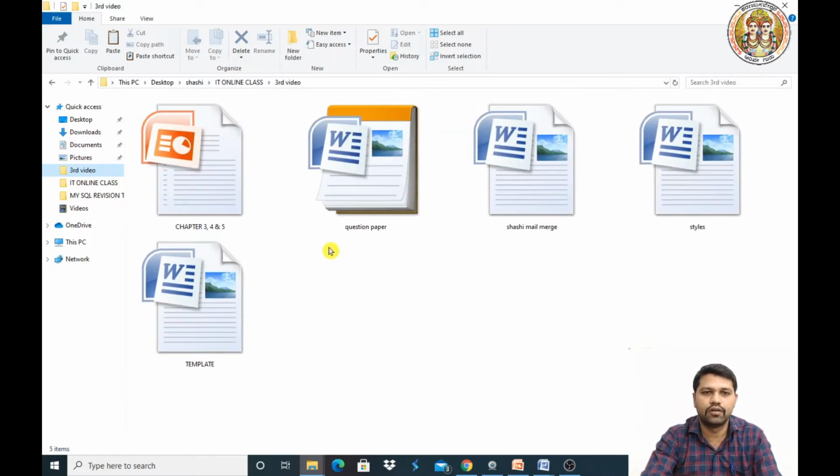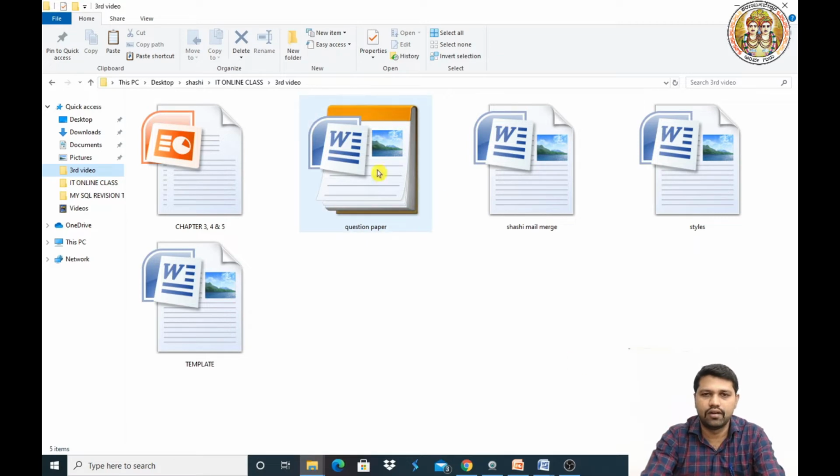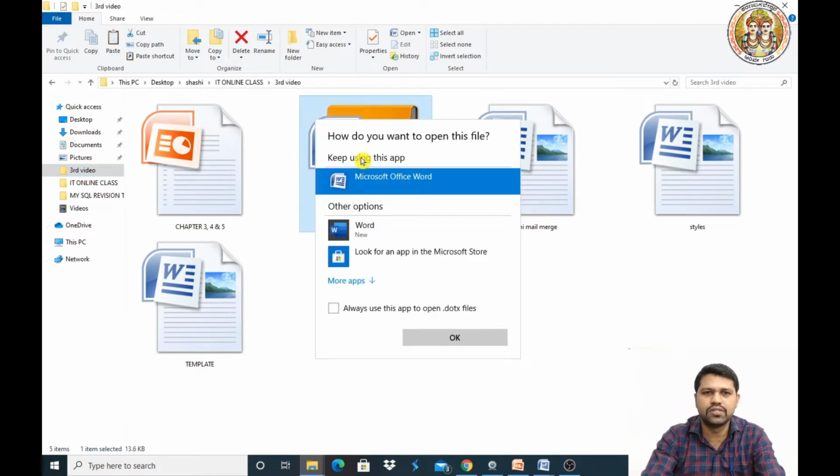I hope you are understanding. The icon is changed. So these are the Word documents, and this is the template for the Word document. This is the template which we saved before. And the next is, double click on it, and it will open again.